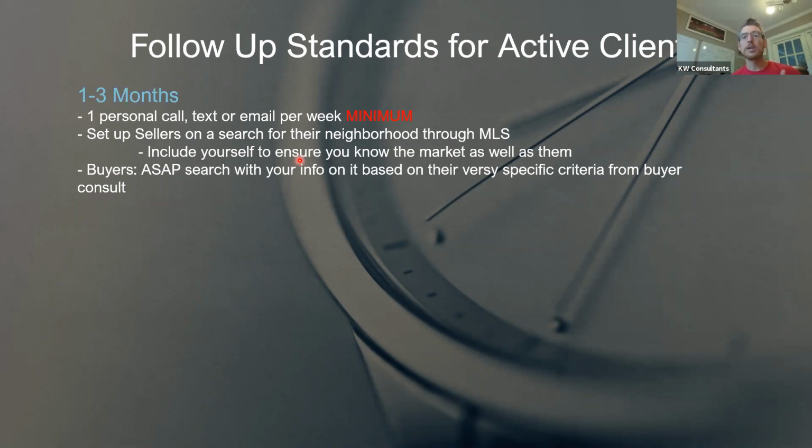But then, through your phone call or text message or email, you might point those things out and say, hey, I know you got the automated email about 123 Main Street that came on the market a couple days ago, but here's what that means to you. And I can give you an example of that. I'll be listing a house here. Actually, photos happened today in Lewis Center, and it's going to be listed for $575. We weren't really sure what the fall market was going to look like. Traditionally, that's not an amazing time to list a house in that price range.